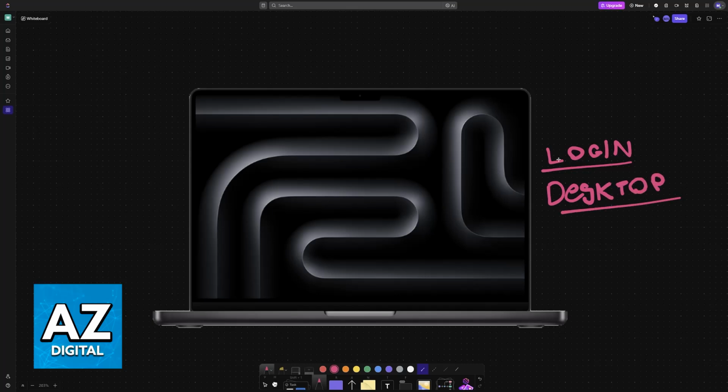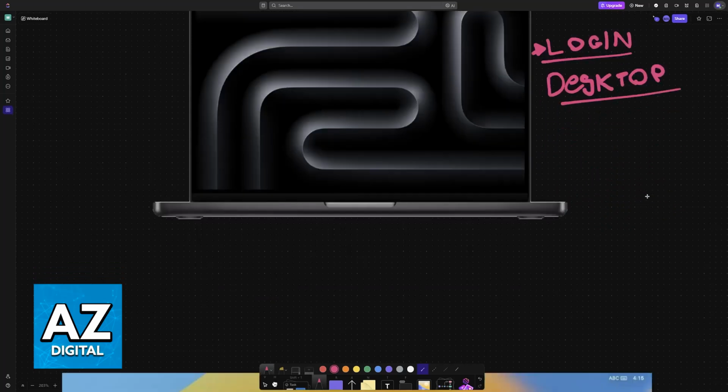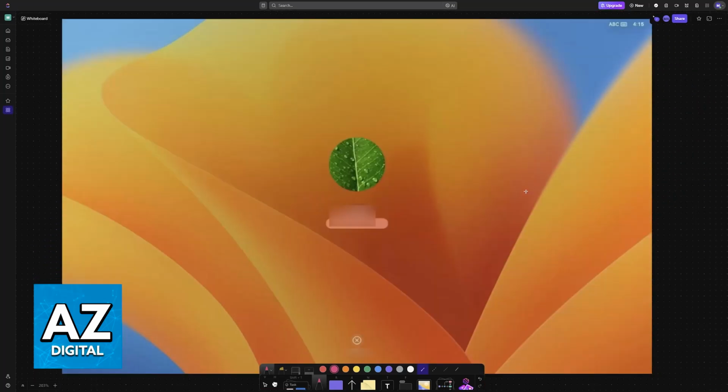So in order for you to change the login wallpaper or the startup wallpaper, you will have to meet some requirements. As weird as this is, you cannot simply just right-click somewhere on the screen and find the option to change it. You will actually have to meet some criteria. Because of the way that the MacBook loads up your files and encrypts them, it has to load this temporary background in, and only after you log into your main user do you see the custom wallpaper. So I'm going to teach you the conditions that you have to meet and then how you can change it.